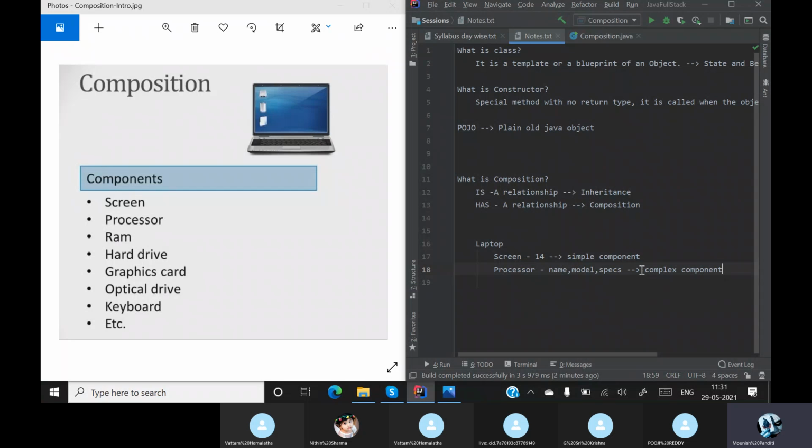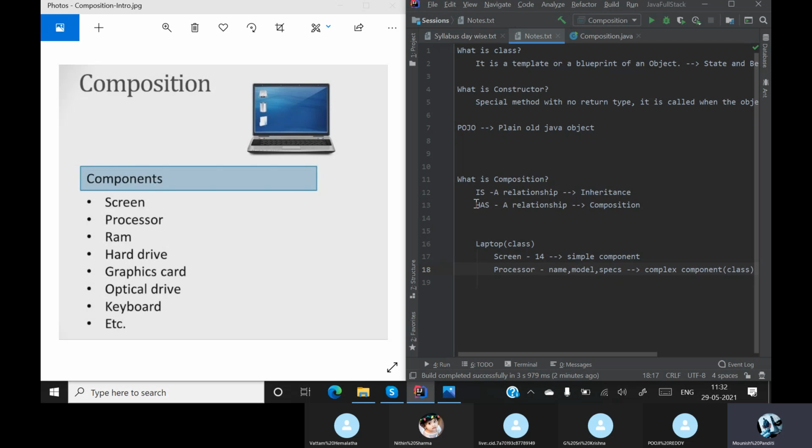To handle a complex component, we can make this also into another class. So if you see here, laptop is already a class. One class has another class called processor. Laptop has a class called processor.